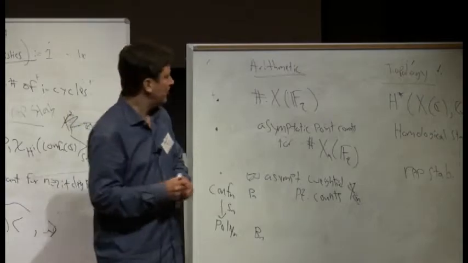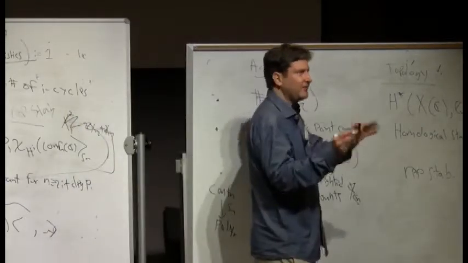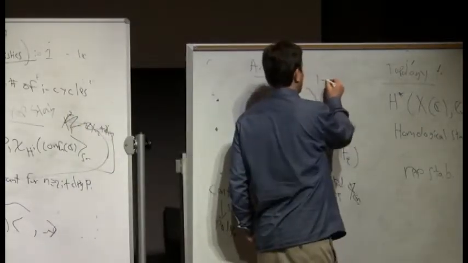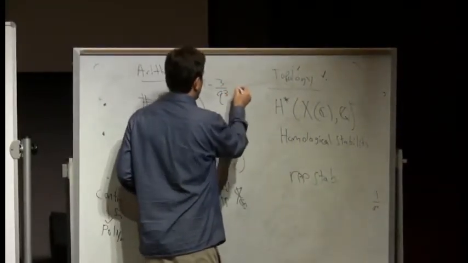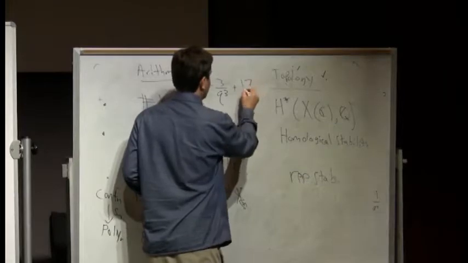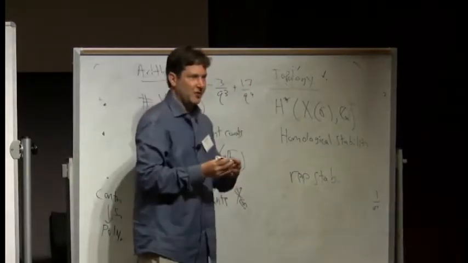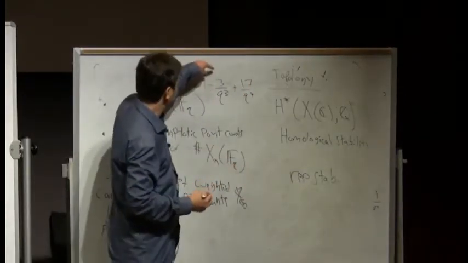I will say, too, in these point counts, it is so cool to see on a computer. Some of the more interesting ones are the number of blahs, and you see 1 over this plus 17 over q to the 4th. What's really great is, when n is 2, these numbers are different.